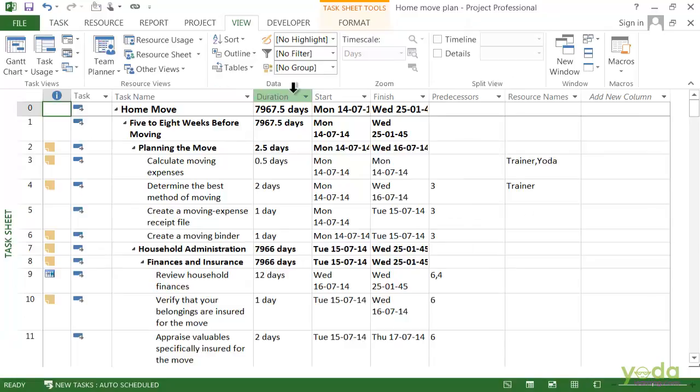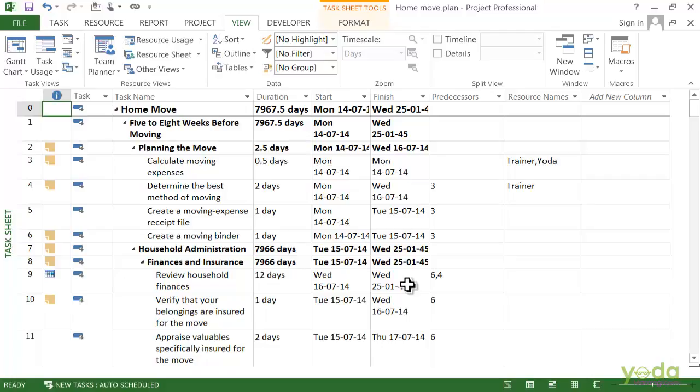And you can see this view is just one big table, so it's got the task names in the task name column and then the other columns for the other fields. You can change the columns in the table so you can see the different information about the tasks. But most of the time you really want to see this kind of information plus the time scale. So that's where the Gantt chart view comes into picture.